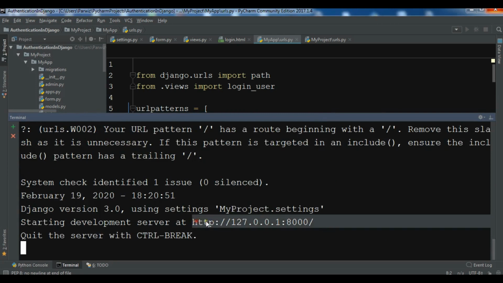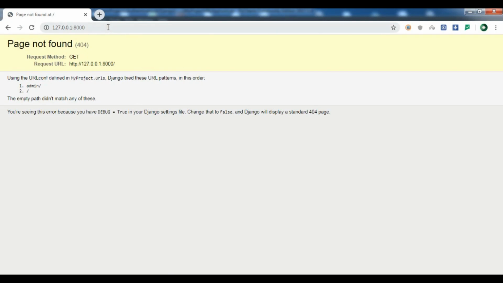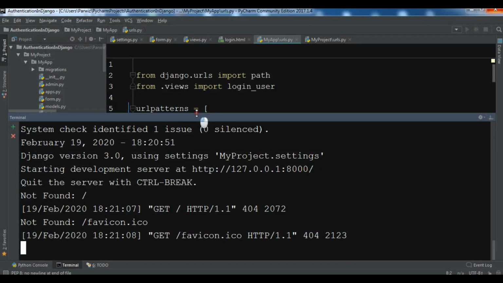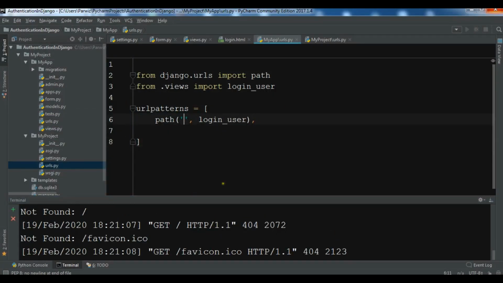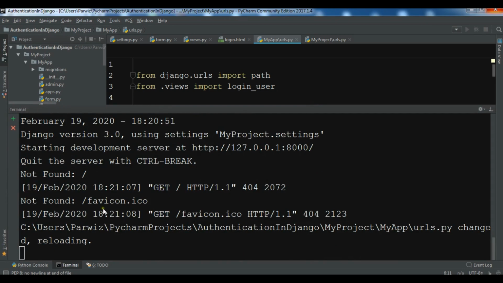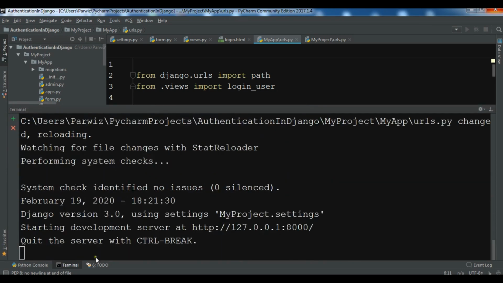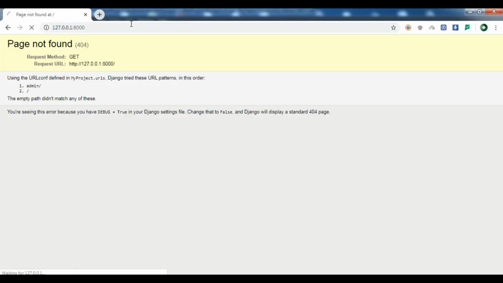Okay, now let me just check this, localhost 8000, and I need to go to localhost. So page not found. And okay, so let me just remove this. So this is because of our index, and I think we don't need to do this. So now it's reloading my project, and now if I check this,